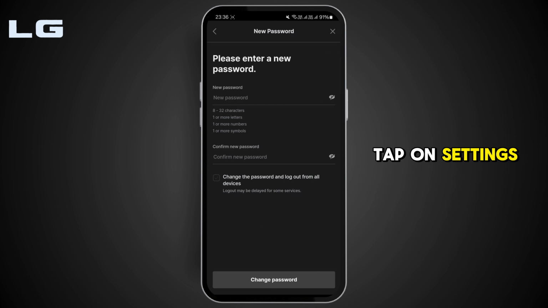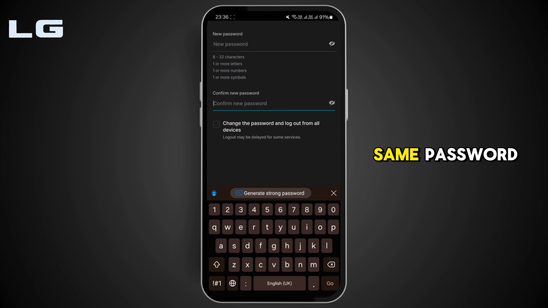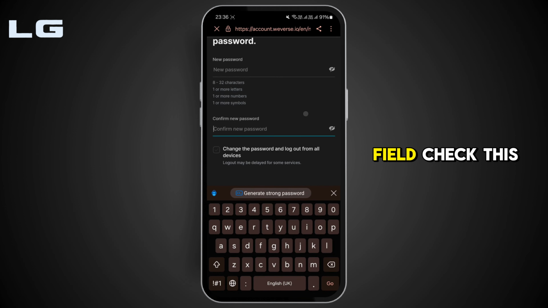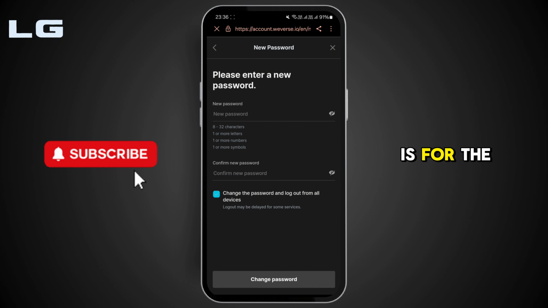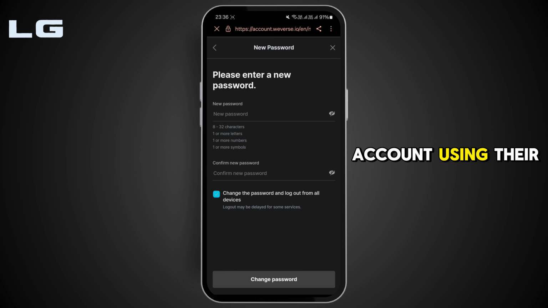Tap on Settings, and here you can go ahead and enter a new password that you'd like to set and confirm the same password in the next field. Check this box to change the password and log out from all devices to secure your account, and then tap on change password. So this method is for the people who directly log in to their Weverse account using their